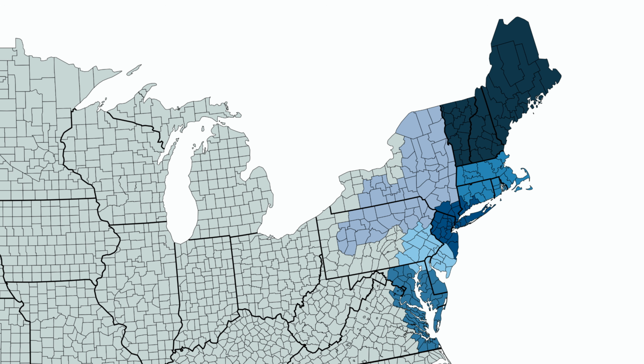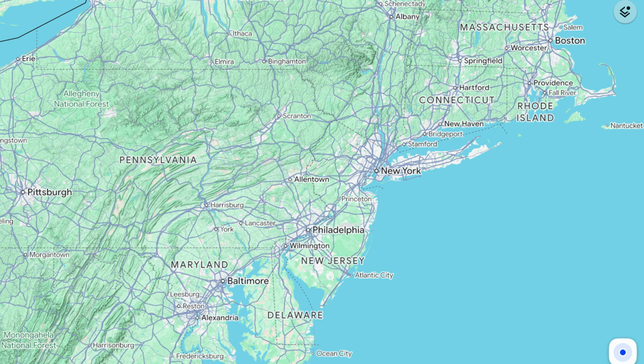The Northeast as a whole is defined by its dense coastal population centers. This region holds 4 of the 10 largest urban areas of the United States in New York City, Washington, D.C., Boston, and Philadelphia. These urban areas, along with other smaller cities, form the Northeast megalopolis, which covers most of the region's coast and is the most densely populated area in the country. This area contains a majority of the region's population and economy.